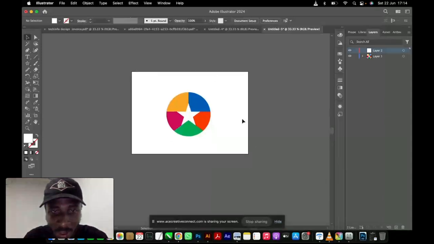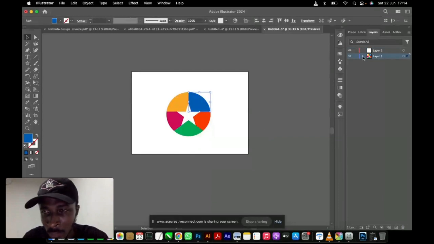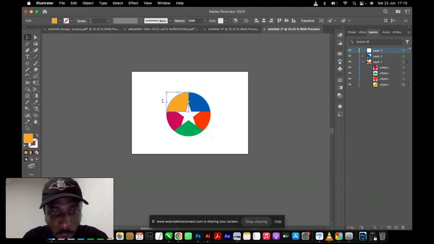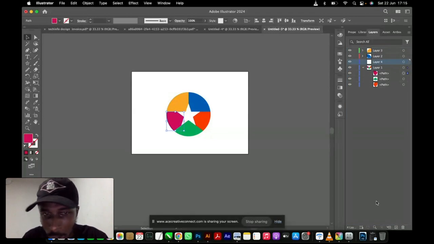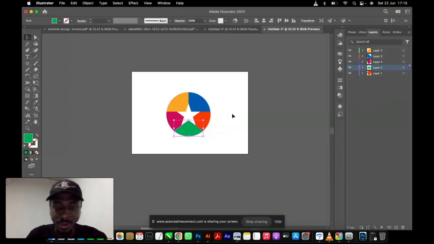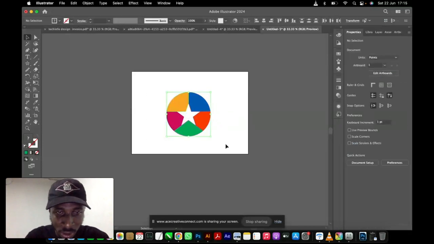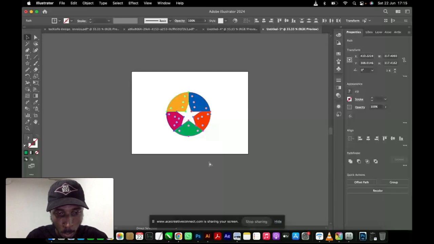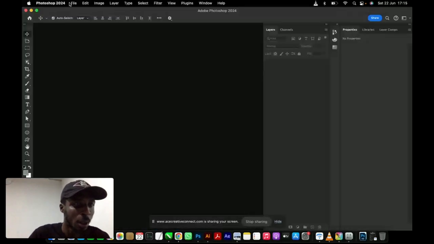So I'm going to create a new layer. Then I'm going to pick one of this, and throw it in that layer. I'll create another layer now. Create another layer. Pick this, throw it inside. Pick this, create another layer, throw it inside. So we have 5 layers now. So all I can just do is to copy, Command C, then come to Photoshop, and I'll be using